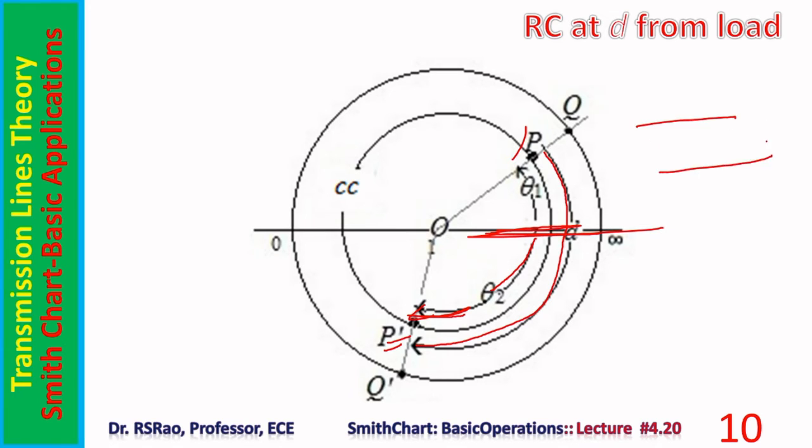See, here is the line, here is the load. We are considering a lossless line. So over a lossless line, the magnitude of the reflection coefficient remains the same. Whether it is here or here, the magnitude remains the same. OP by OQ is the same as OP prime by OQ prime. But the angle changes. Here the reflection coefficient has one angle, theta 1, and here, at a distance of D from the load, the angle is